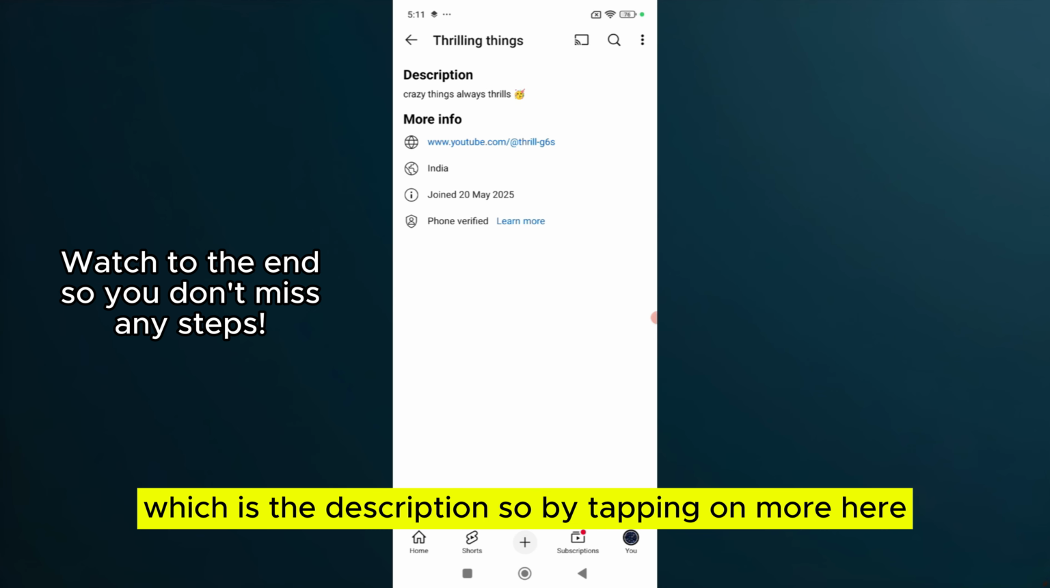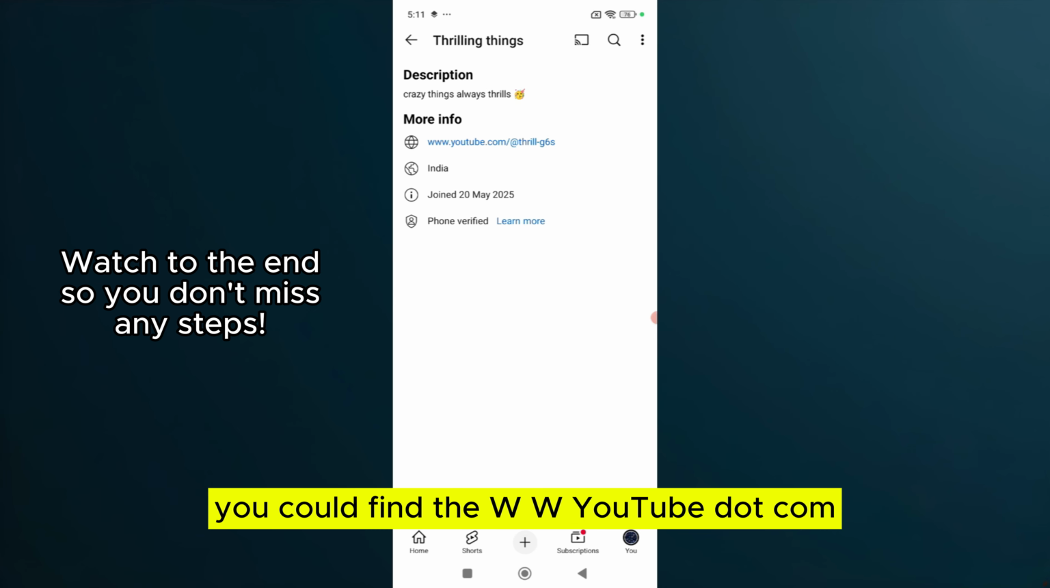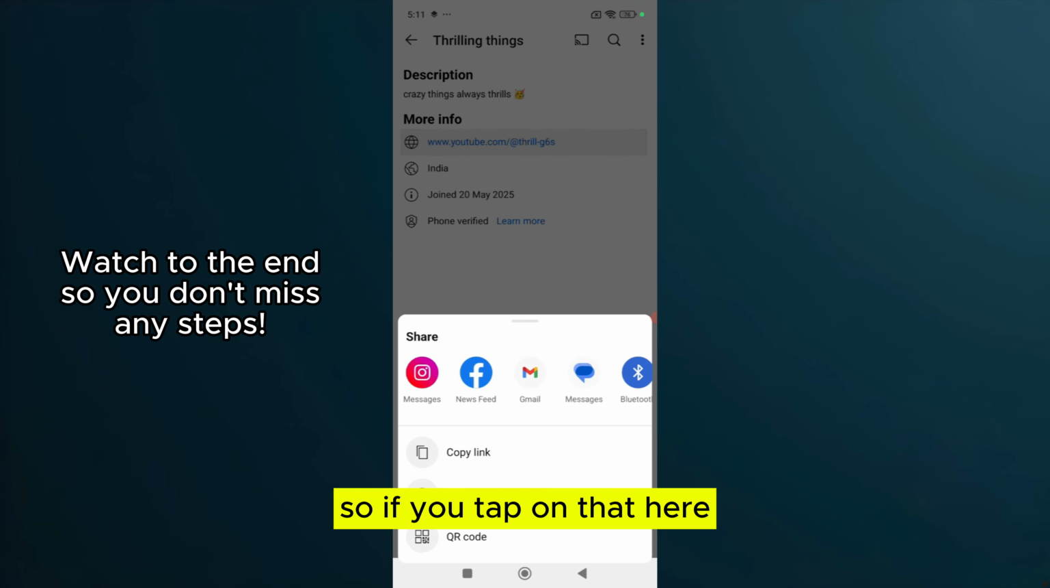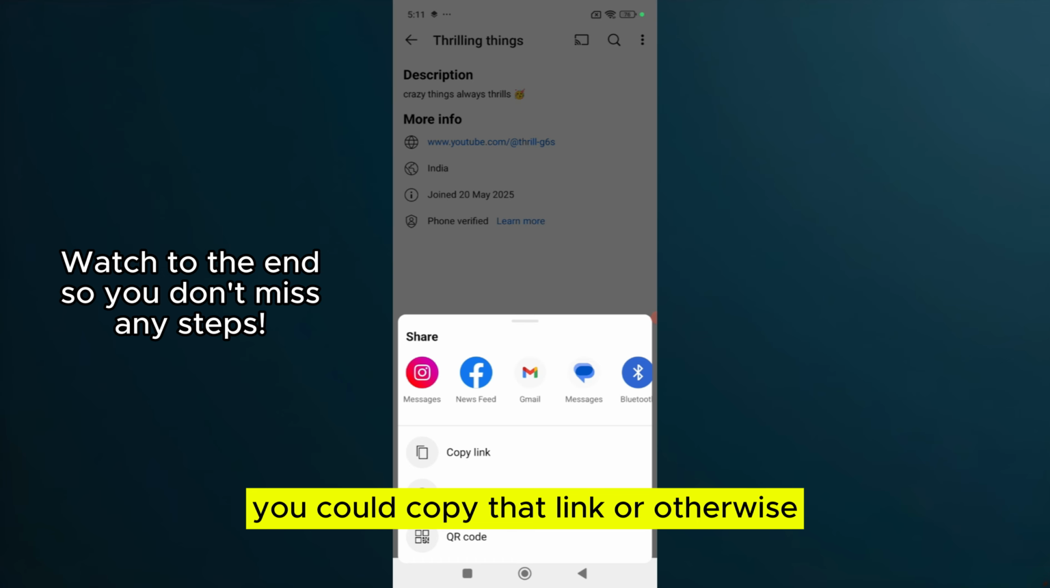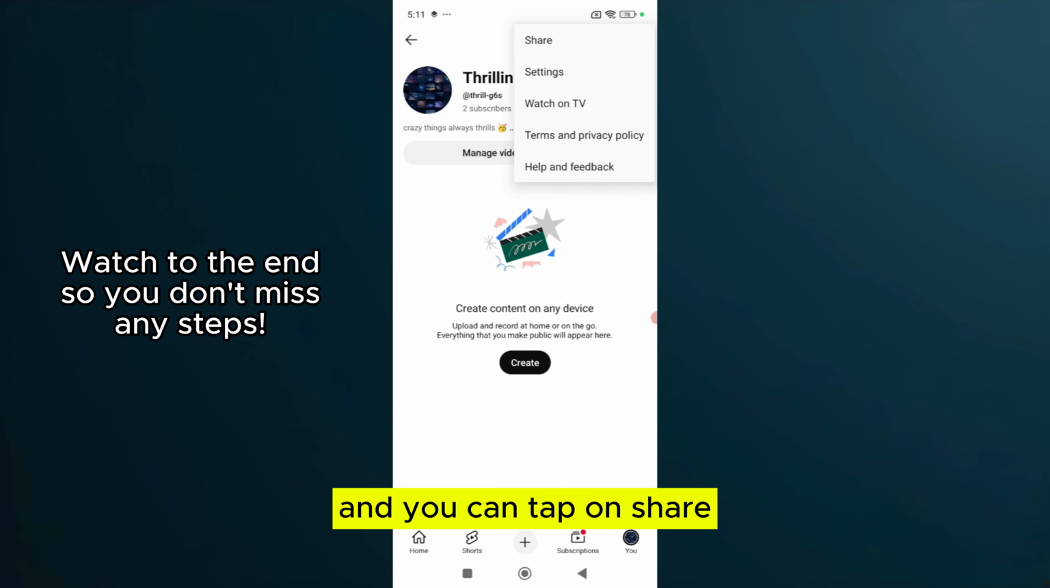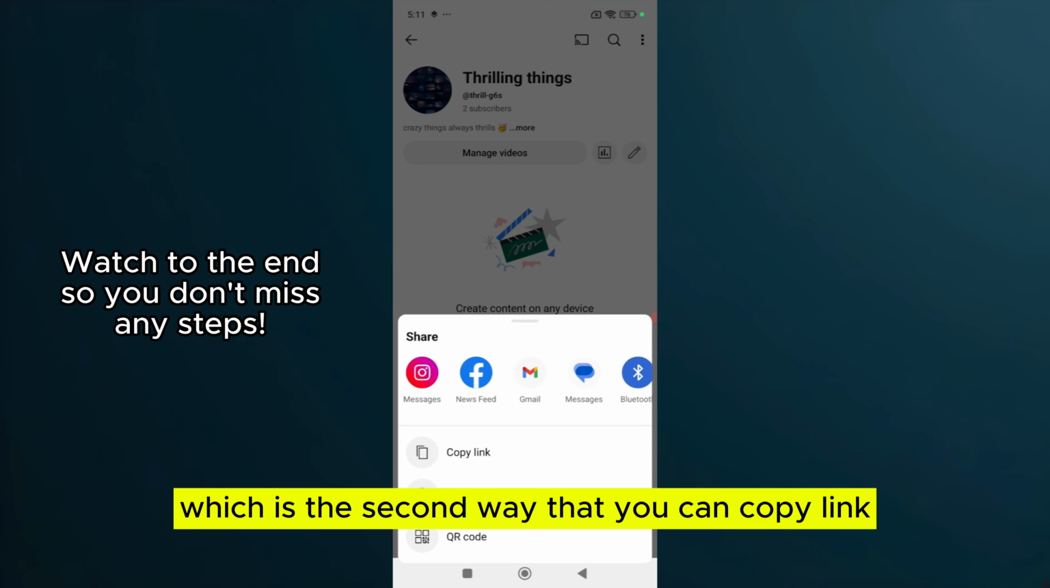By tapping on More here, you can find www.youtube.com, which means your channel info. If you tap on that, here you can copy that link, or otherwise what you can do is that you need to tap on the three dots here and you can tap on Share, which is the second way that you